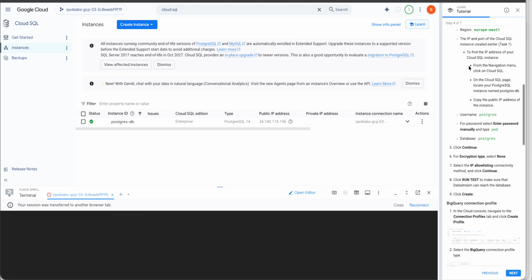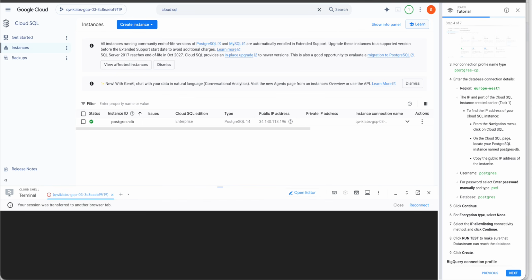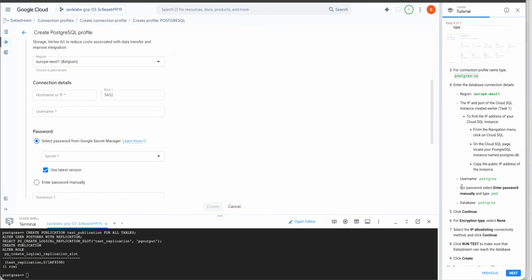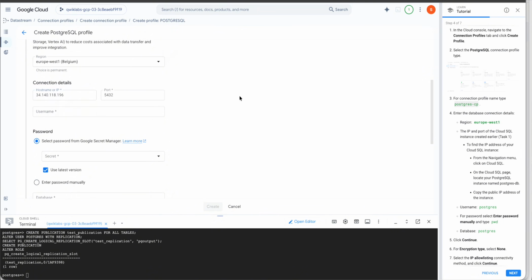Not this one, okay, yeah. So it's asking to copy the public IP address, 196... yeah, it's the same public IP. So just copy it, and then you can go to the second screen, and okay, IP we have it, port, and then the username we need to enter this one, yes, and then enter the password as pwd